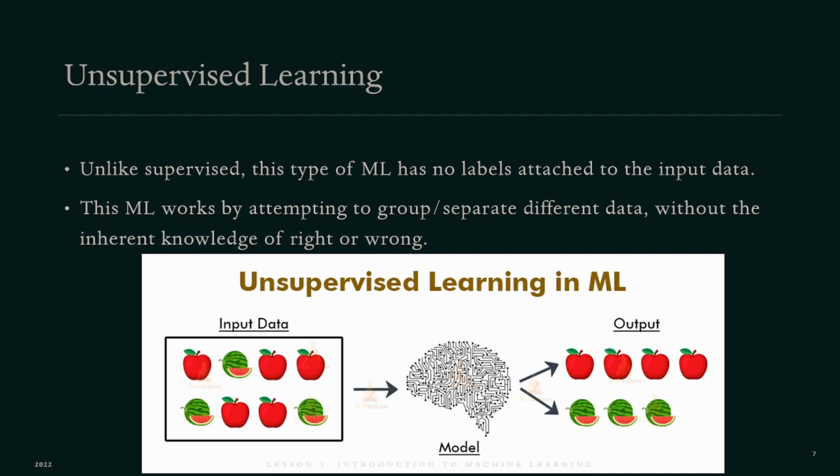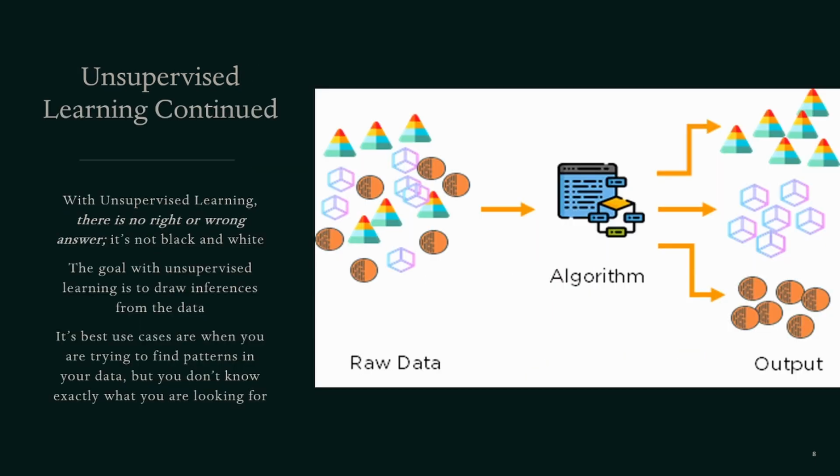Because remember, fundamentally, every machine learning algorithm is just trying to identify a pattern. So when you give it this information, like maybe these images of apples or watermelons, and you don't tell it right from wrong, this algorithm will try and group and still try and find patterns in the data with no inherent knowledge of right or wrong. And that stuff is pretty powerful, but it's also a bit confusing to understand why you would do this, which is why I made a lovely second page to do this.